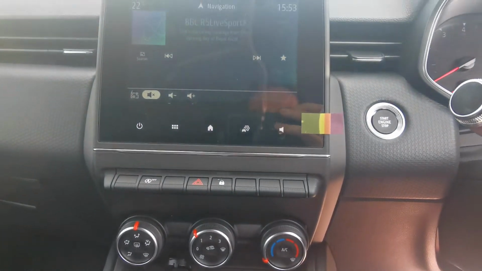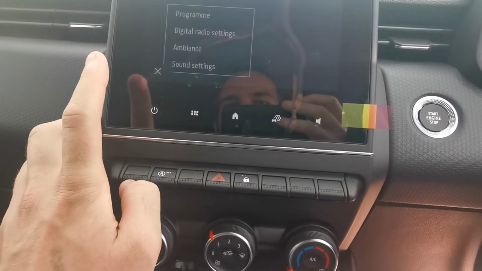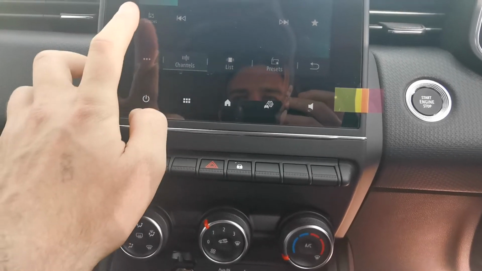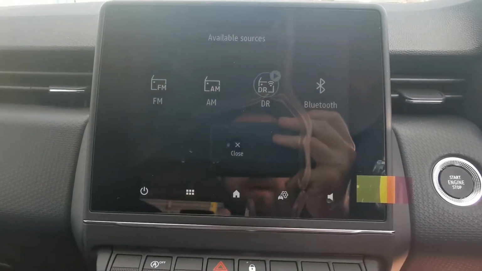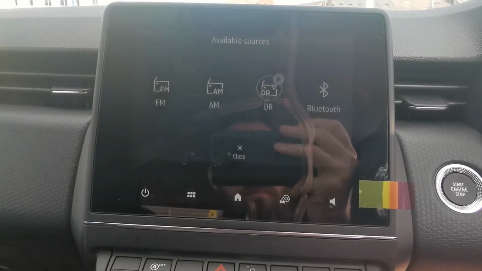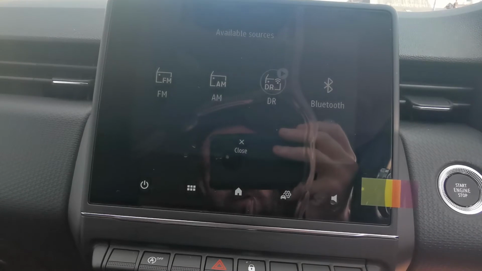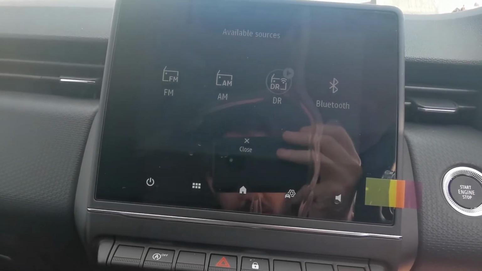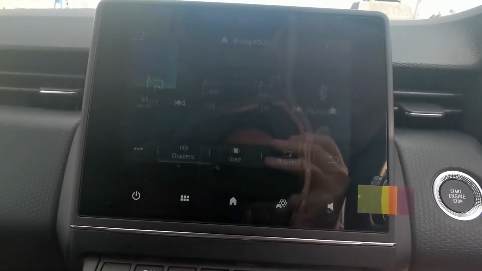So on here, in this bottom left hand corner, oh, not that one, sources. This is where you can click through whether you want FM, AM, digital radio or Bluetooth. If you had, say, an iPod plugged into the USB, it would show on there, but because at the minute nothing's plugged in, it won't show. So if we go back onto digital radio,